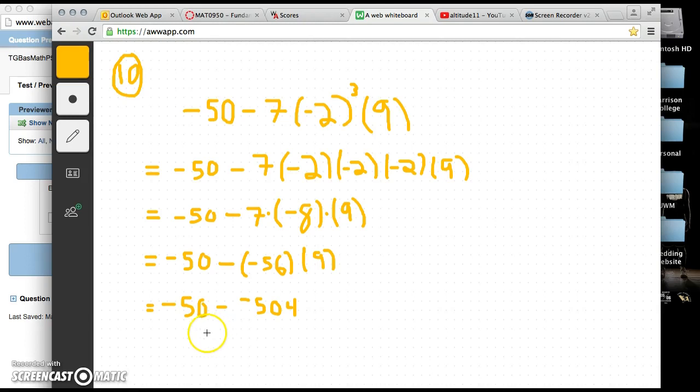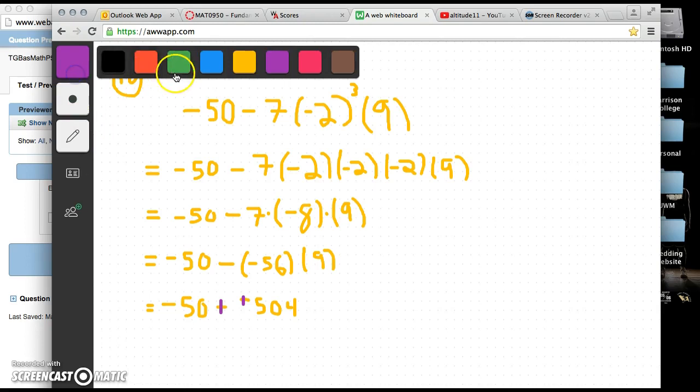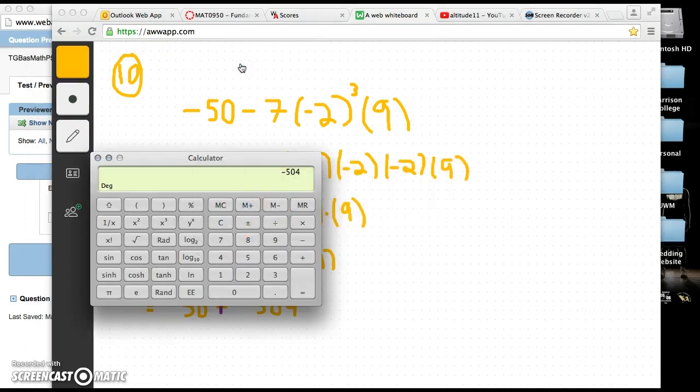So next is addition and subtraction. And we really only have this one operation left, which is subtraction. However, I want us to remember that subtracting is the same thing as adding the opposite. So in this case, subtracting a negative is the same as adding a positive. So we're going to have -50 plus 504. And then this will be our final answer,